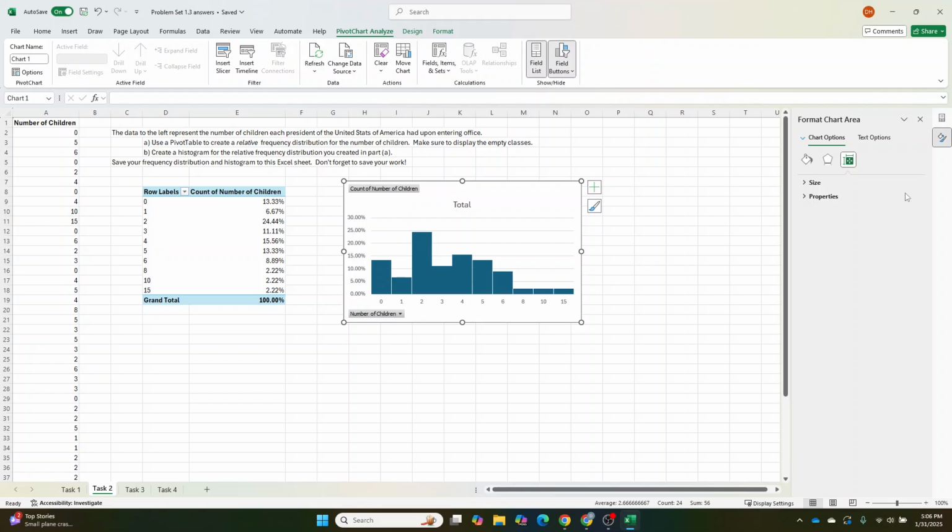Now there is a little problem with this one. Oh, let me make the gap width like 3% or something so that I get a nicer picture. Now there is a problem with this one because in part A, it says make sure to display the empty classes. And you'll notice that we do have some empty classes. It goes 0, 1, 2, 3, 4, 5, 6, 8. It skips over 7. And then it goes from 8 to 10, so it skips over 9. And then it goes from 10 to 15, right? So it skips over a bunch. Okay, so we've got to do something here. If you're going to display the empty classes,